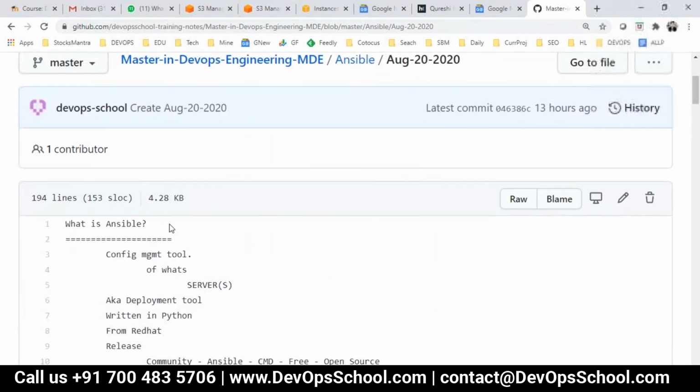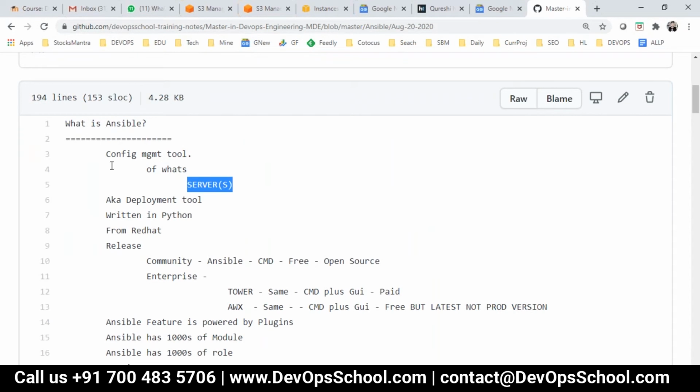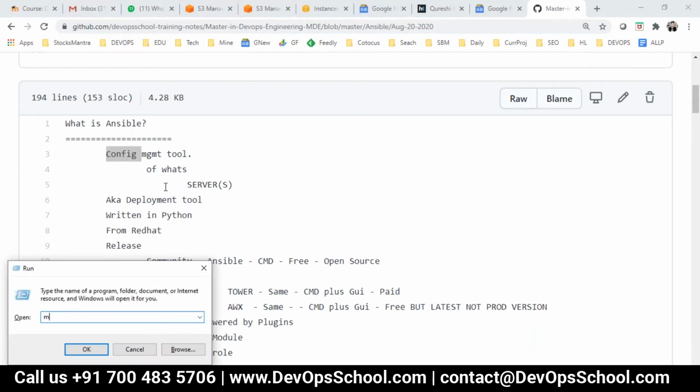At a large scale, when you do that on, let's say, 10 machines or 20 machines, you want to change the configuration, then we use configuration management, and we say you can do it with Ansible. So we say Ansible is a configuration management tool. So for example, see here,